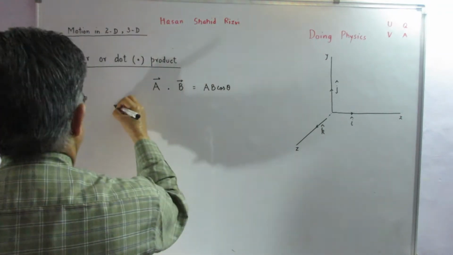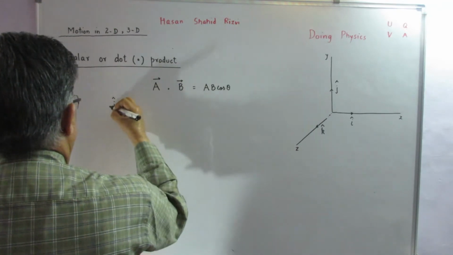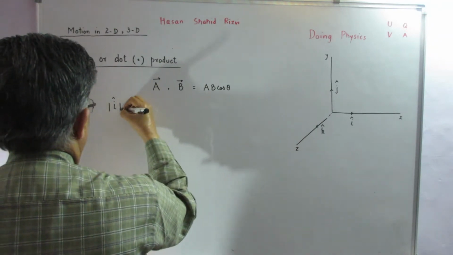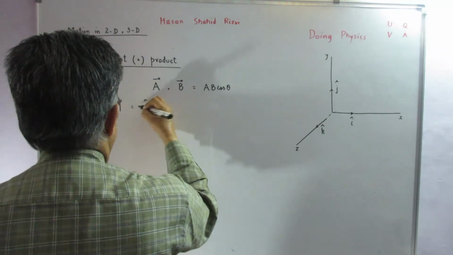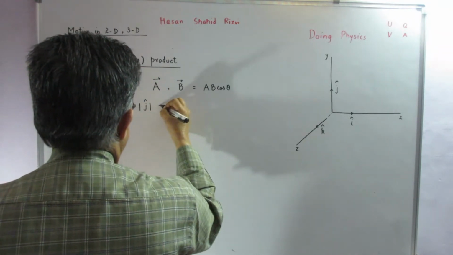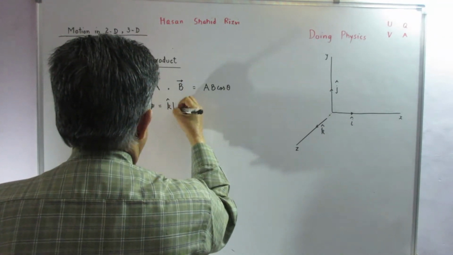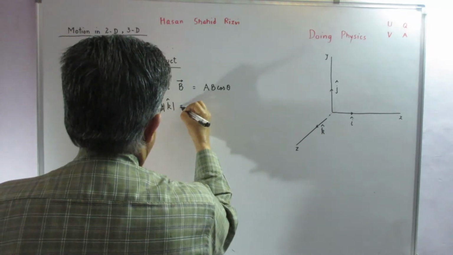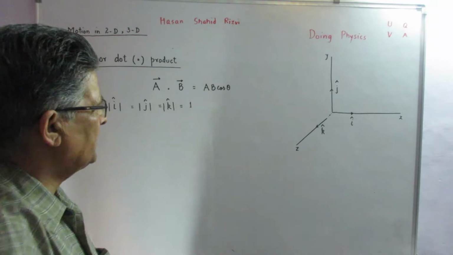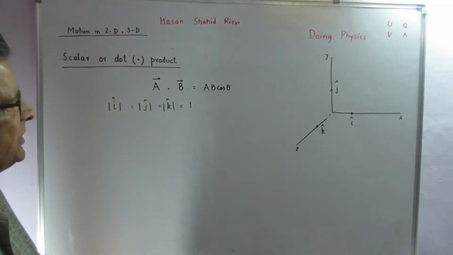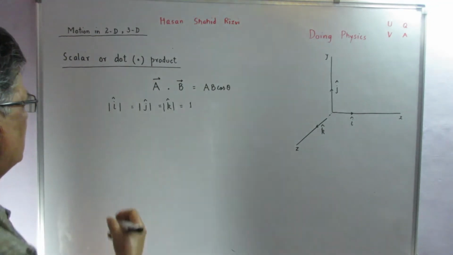Let me also write that the non-varying vectors i along the x direction, j cap along the y direction, and k cap along the z direction all have a value of 1. So with the application of this to i, j and k, I can establish that,